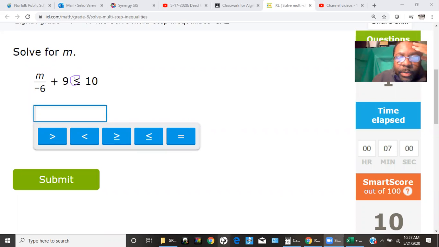So the first thing we're going to do is move this +9. Let me get rid of the Pac-person stuff. We're going to move that +9, so that means we're going to subtract 9 on both sides. Okay, so 10 minus 9 is 1. And those cancel out. So now we have M